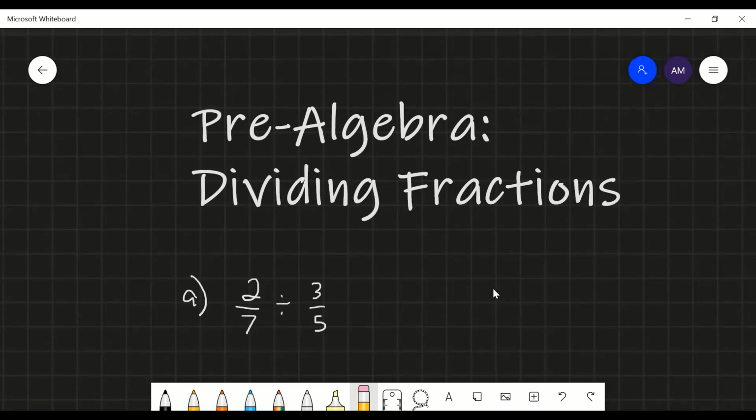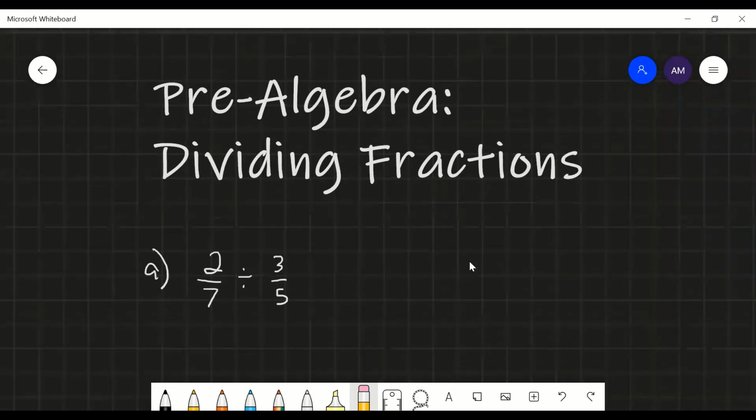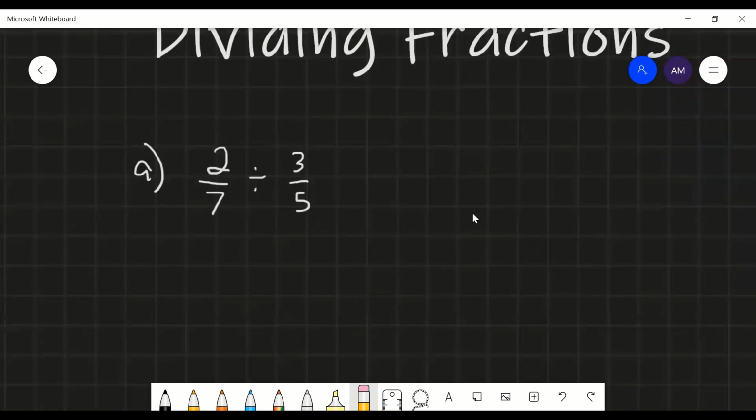This video is on dividing fractions, which is our next lesson, and you're going to see that it's very, very easy if you understood what we did in the last video. So there's only one difference. If you see a division, so 2 over 7 divided by 3 over 5,